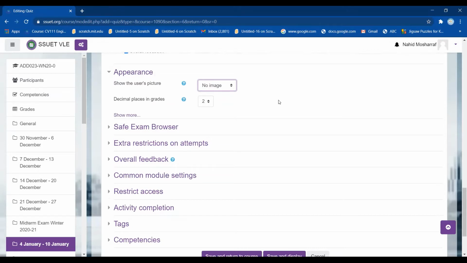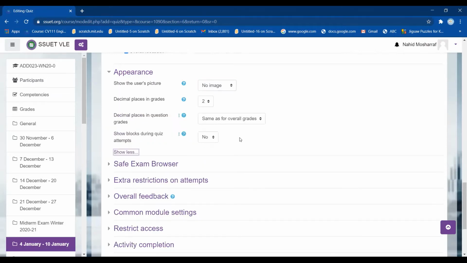It means here, for example, if you have conducted the test or quiz of 3 marks and a student gets 2.25 marks, there will be no round up or round down situation. So what will happen? The marks will be like 2.25. It will not be 2, it will not be 3. So hopefully you will understand it. It's totally up to the teachers, whatever he or she wants.